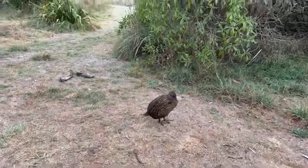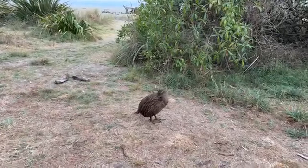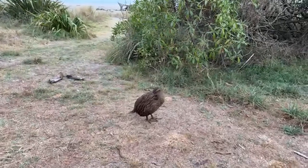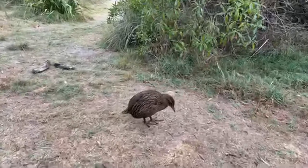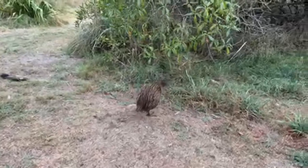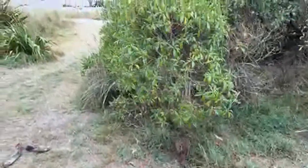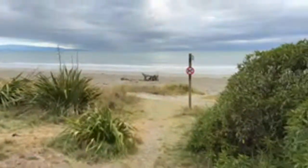I'll just go a little bit further down. Hello, good morning. Hello, bird. I think I can go closer. Let's give it a try because they are so curious. They're always out for people hanging around. So let's go towards the beach. So, Rabbit Island Beach